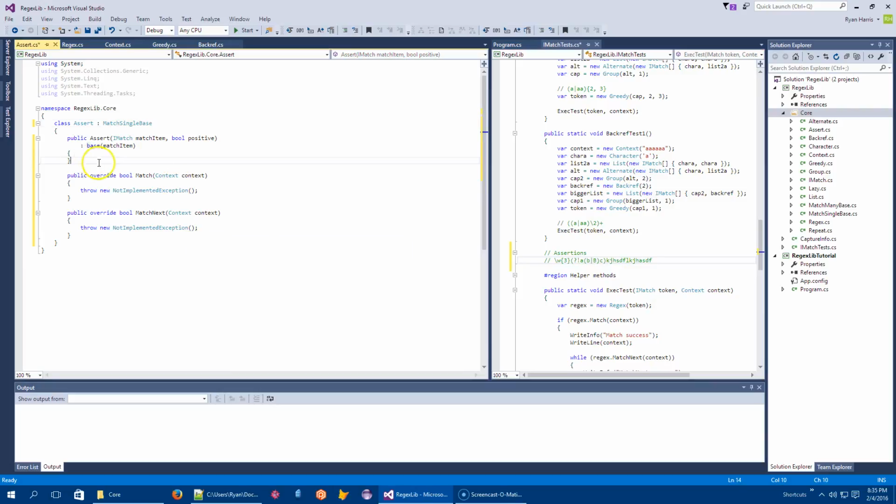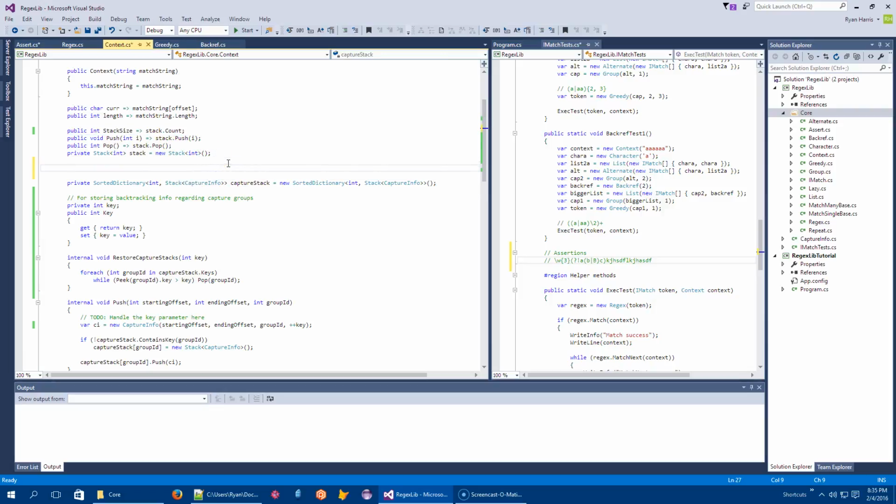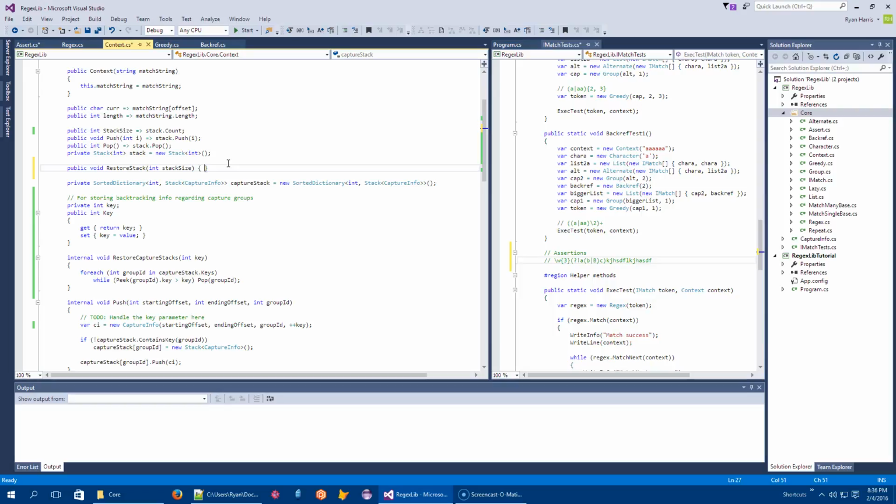And these are going to be lookaheads here. So, I just realized I need to do one other thing. I exposed this stack size here. I'm going to go ahead and make a helper method that's essentially this, but for just restoring the stack. So I guess I'll slot it in right here, and I'll say public void restore stack int stack size. And this is going to be very similar.